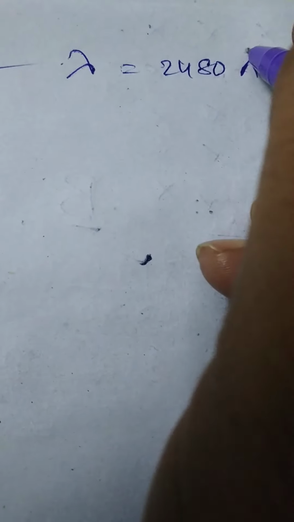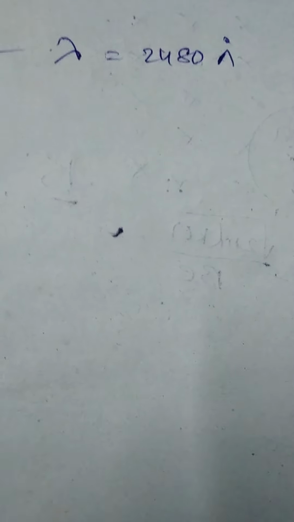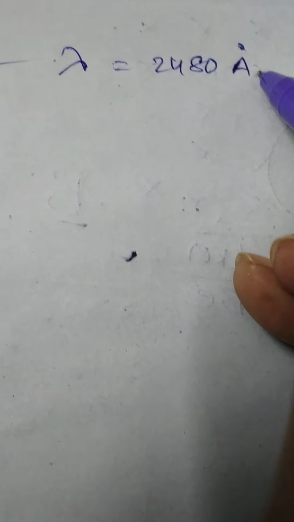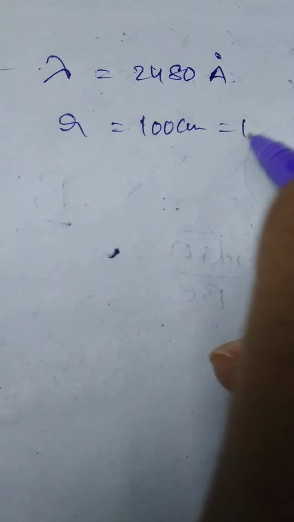Another example. Suppose a light of wavelength 2480 angstrom units is incident on a barium surface. Barium is the metal, the photometal. Photoelectrons are emitted from the surface and describe a circle of radius r equal to 100 centimeters, or 1 meter,